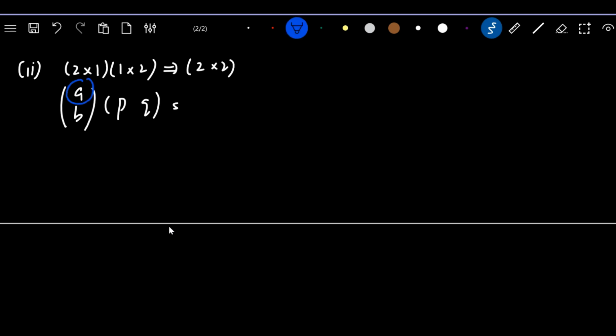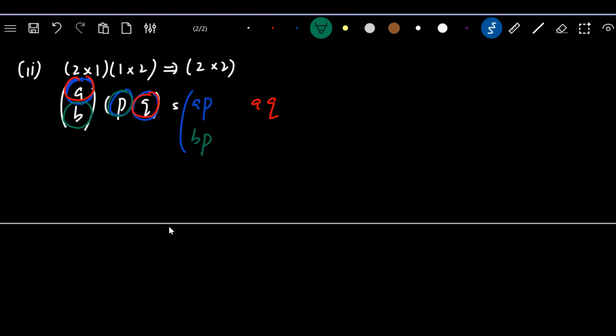A times P, there is no column here beside A, so we just have AP. And then another one will be A times Q, AQ. Okay, so now left BP,